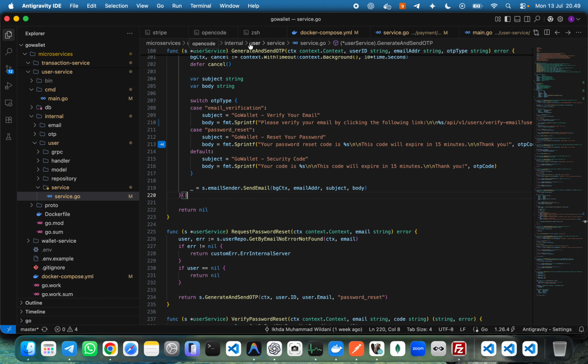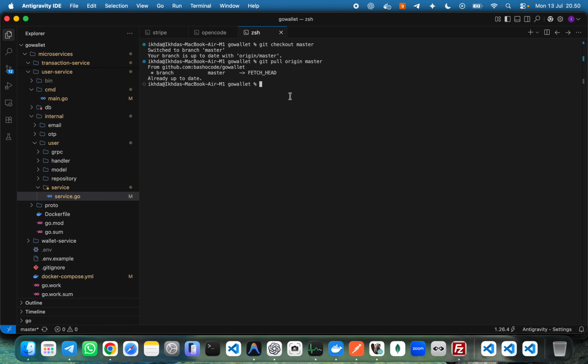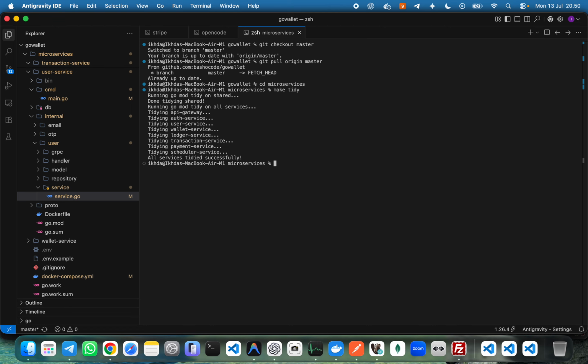And after that, I want to close to the right for all of the code, just make tidy first. cd microservice, don't forget microservices, make tidy. Okay, and then make build linux,